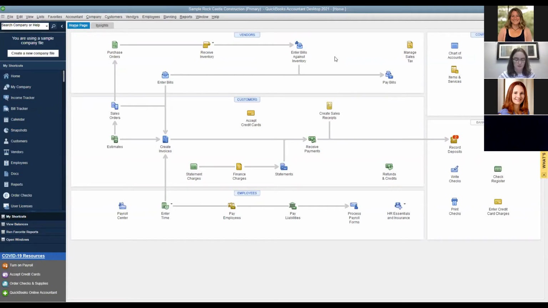All right, then we will move on to bank feeds. Like I said earlier, I'm not going to use the PowerPoint as I talk, but there's just a little moment right here where I can't show you a few of these things in the sample company because it's showing you how to link to a bank, and you can't do that with a sample company. So I'll just talk for a couple minutes and then I'll show you what I can on the bank feeds